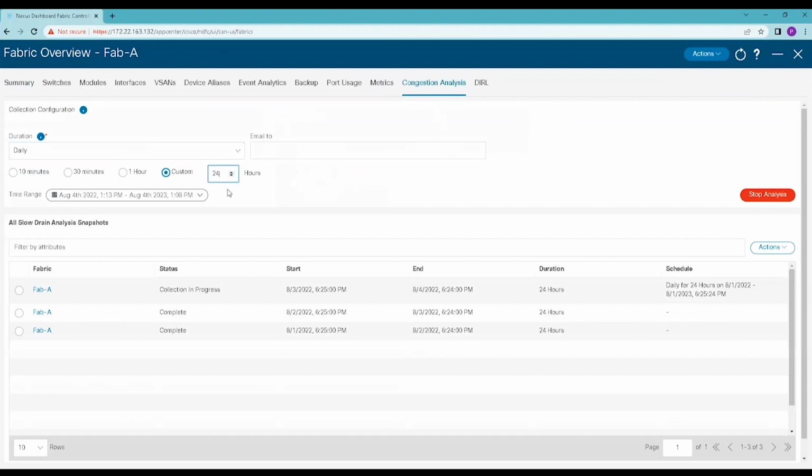There's no performance side effect to it on their switches, right? We have powerful CPUs on the switches. They don't have to worry about that. Once they schedule it, all the data would be sitting here for them to analyze later, because they should have the data collected before the problem happens, not after the problem happens. And then they click on here,